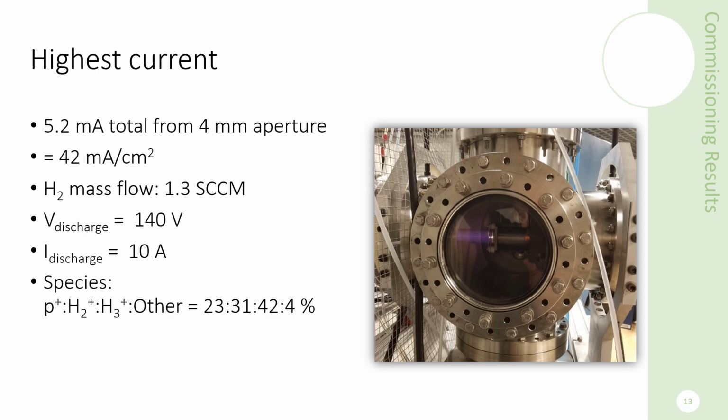The mass flow was 1.3 SCCM, discharge voltage and discharge current are here, and then the species ratio was tilted somewhat towards H3 plus, and that means this is not our desired operating point, unfortunately, even though it gives us the highest current, and that is because at very high mass flow, the